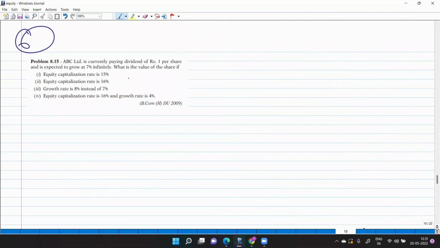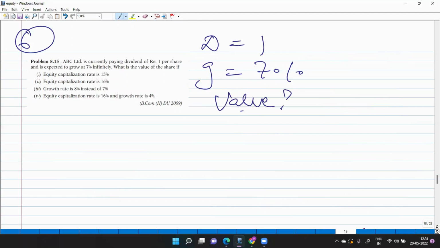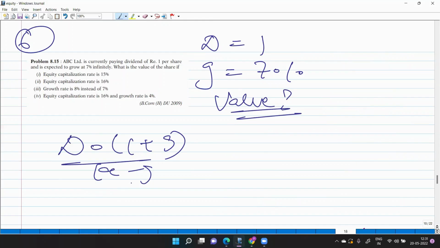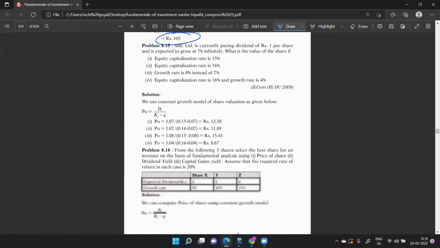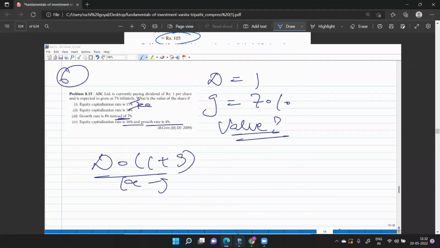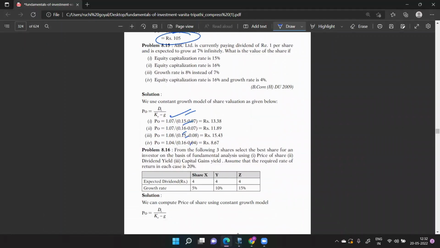Now let's move on to the 6th question. ABC Limited is currently paying a dividend of 1, expected to grow at 7%. Value निकालनी है मुझे। This is very simple question. I have to use simply D0 × 1 + G upon KE minus G. यहाँ पे KE 15% होगा 16%। यहाँ पे G इन्होंने चेंज कर दिए एंड यहाँ पे KE एंड G दोनों चेंज कर दिए। सिंपल, D0 × 1 + G upon KE minus G। ठीक है, KE चेंज है एंड लास्ट टू में G चेंज है।